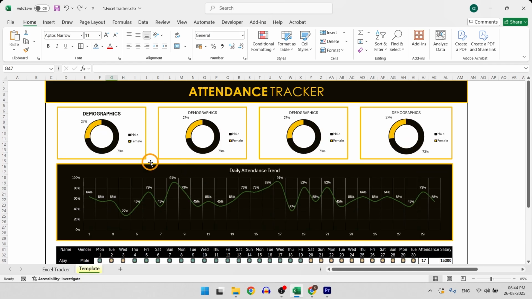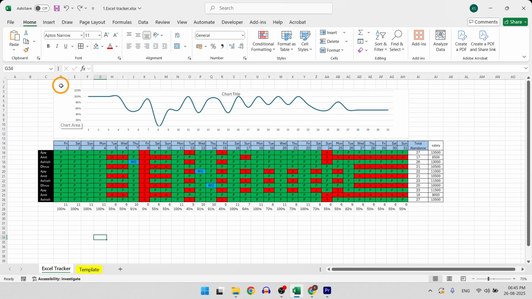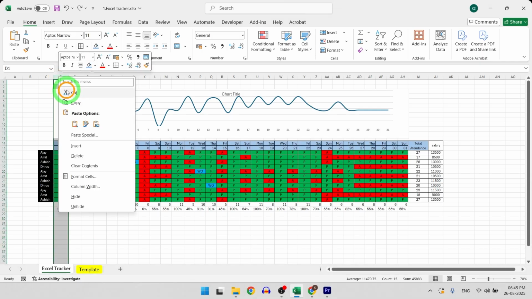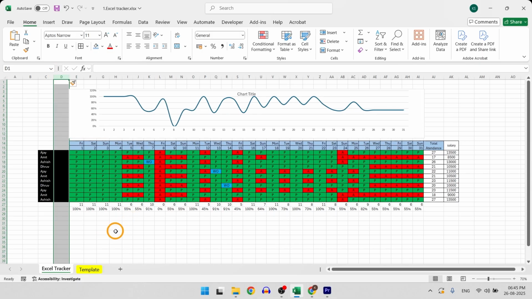Now let's check our template. We have covered the attendance area, also added the chart. Now we will move on to the KPI charts, which show employee demographics. For example, 27% are female and rest are males. To add a chart like this, first we need a gender column since we don't have one yet. I have already copied labels that specify gender for each employee. Now to calculate proportions, we will use COUNTIF formula.